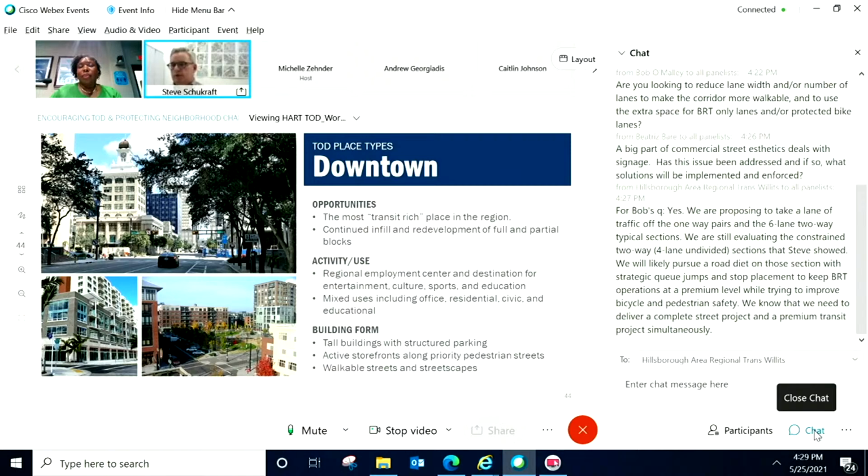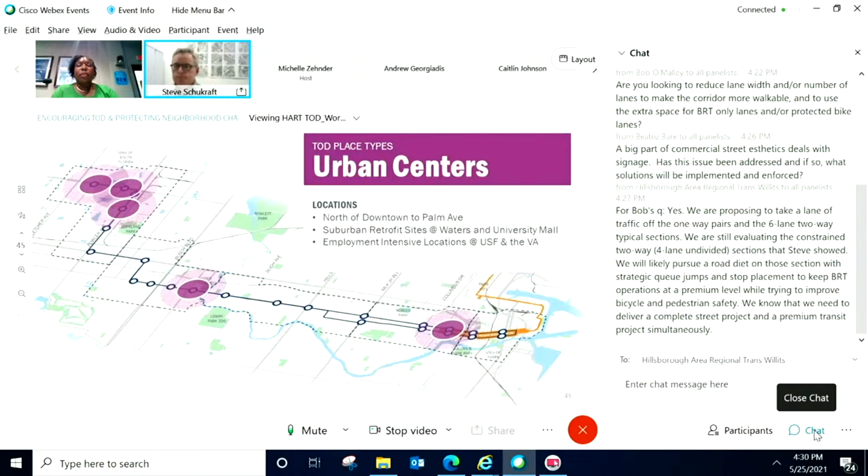This is a really easy place to get around without owning a car. We're talking about continuing to support what's happening now, looking at the potential for infill and redevelopment of full blocks and partial blocks throughout the footprint of downtown, continuing a high mix of uses with active ground floor space, highly walkable streets and streetscapes.